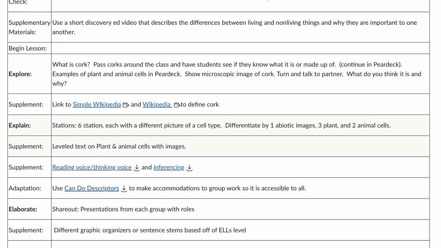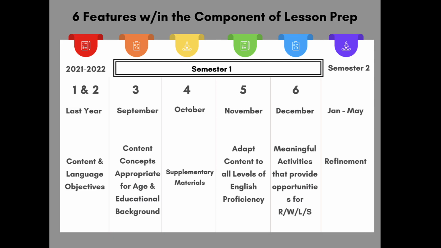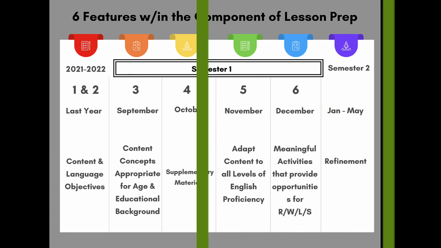In this video, we learned a few ways of how to adapt content to all levels of English proficiency by using can-do descriptors. In our fourth and final video, we'll be looking for meaningful activities that provide opportunities for reading,